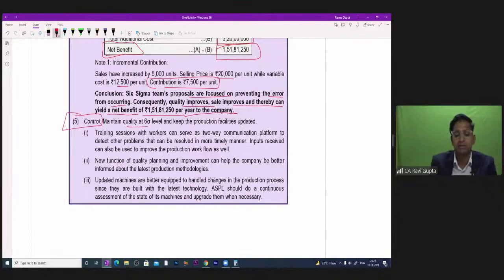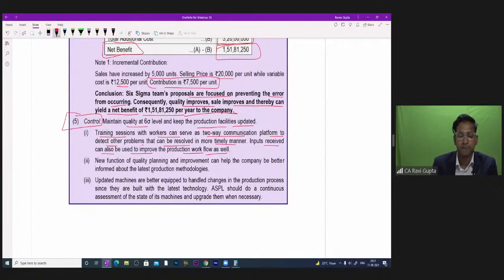Maintain quality at Six Sigma level and keep the production facility updated. Training sessions with a worker can serve as a two-way communication platform to detect other problems that can be resolved in a more timely manner. Input received can also be used to improve the production